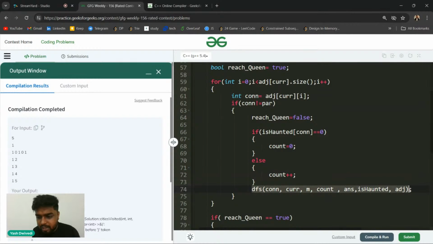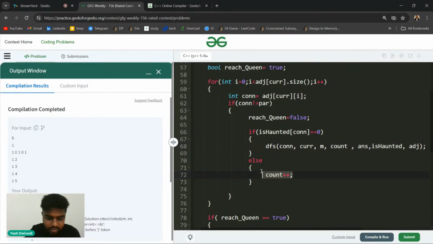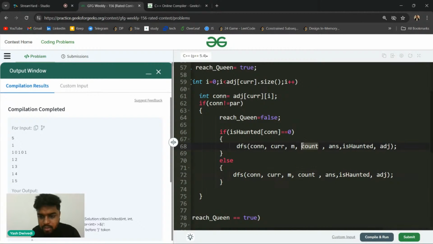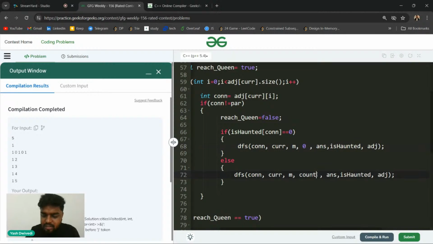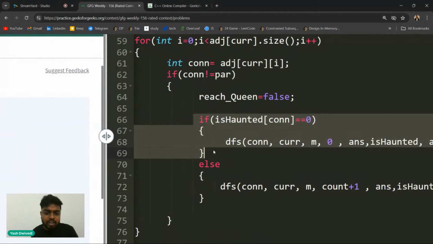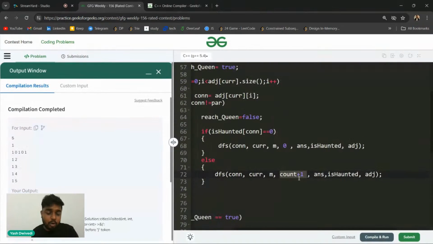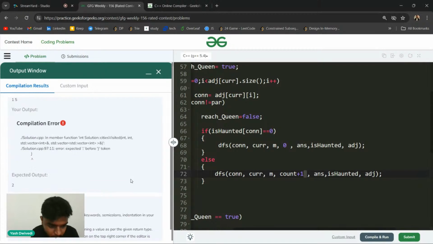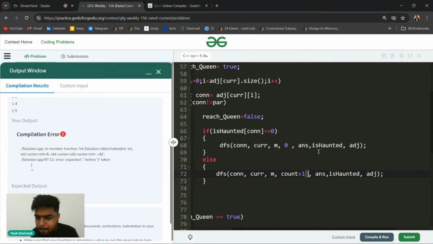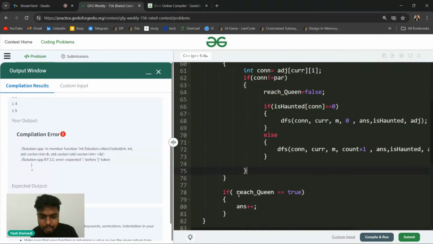So in this case, if I have to do it in a different way, I can pass a DFS here and then another way here. If this is zero, then I'll pass it as zero. Otherwise, I'll say that the new count will be count plus one, because I don't want to impact other calls. Thanks a lot, you are correct. If this house is not haunted, then from the next call this will become zero. If it is haunted, then it will be count plus one, whatever haunted were there already, plus one to that. Okay, now what's the mistake? Am I missing something anywhere?